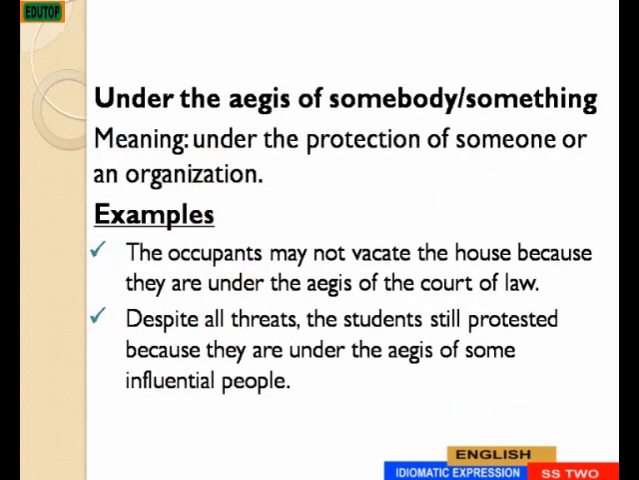Under the aegis of somebody or under the aegis of something, meaning